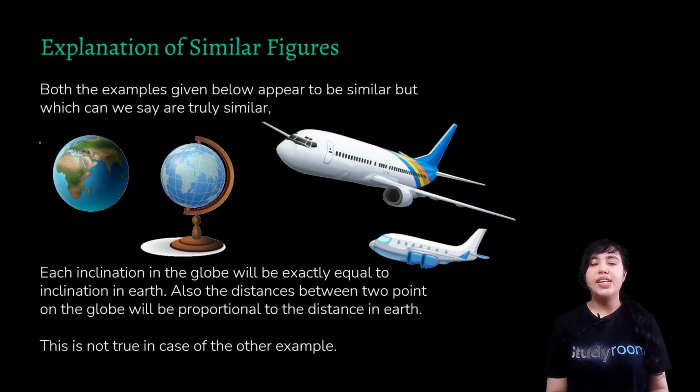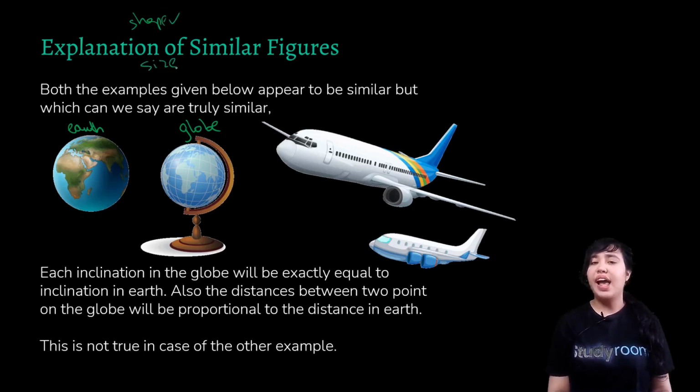So here, let's understand this by 2 examples. So here you see that this is your real Earth and this is a miniature 3D replica of our Earth and this is basically our globe. Okay, so do they have the same shape? Definitely they do have the same shape. Talking about their sizes, so the sizes are not same, so definitely they are not congruent. But even if they're not congruent, they can be similar.